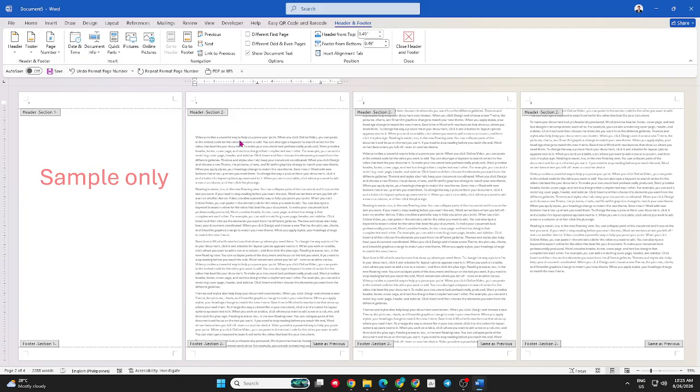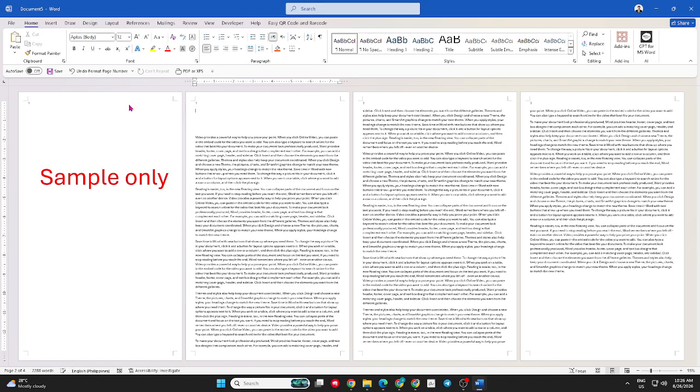This method gives you much more control than manually typing page numbers, because Word automatically updates the numbering when pages are added or removed. Before finishing, review the pages around the section break to make sure the numbering is correct and that each section starts where you want it to. And that's it. You've now learned how to restart your page numbers in Microsoft Word by using section breaks and